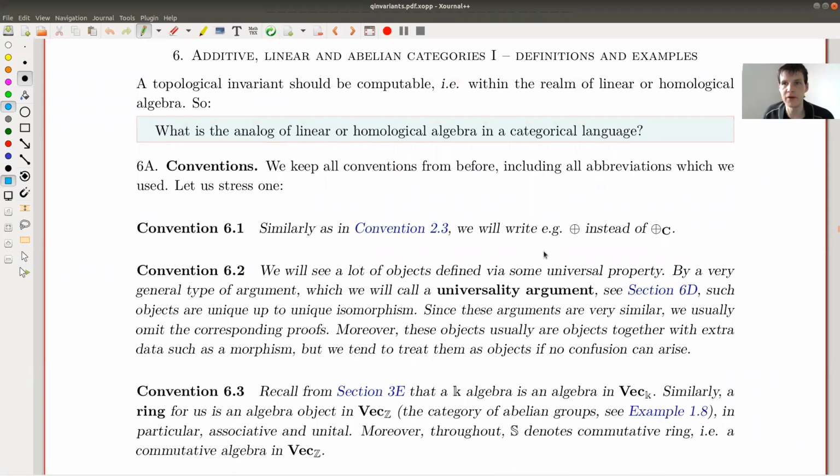Okay, welcome everyone to my sixth lecture on quantum topology without topology. So the goal for today is slightly different than what we have seen, or actually the goal for the next five talks is slightly different from what we have seen before. So basically, I want to discuss more the linear algebra part of quantum topology.